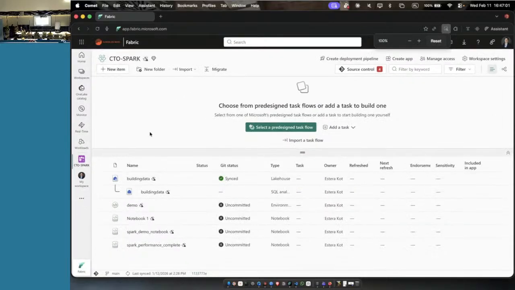So this workspace can be synced to GitHub. Exactly. I can use Azure DevOps. I can use GitHub Actions as well. And the provisioning of the workspace here is not happening through Bicep.